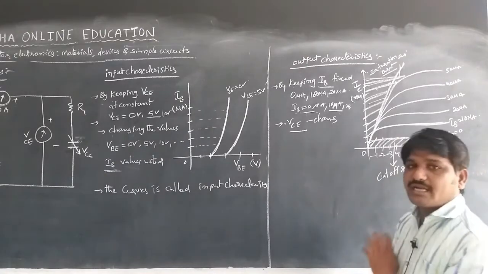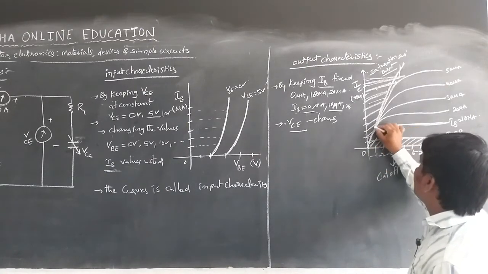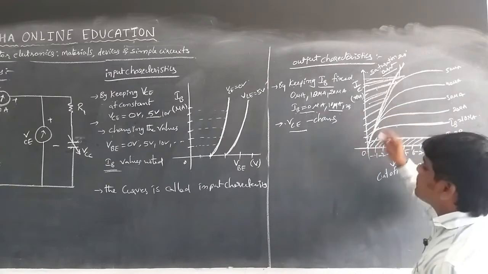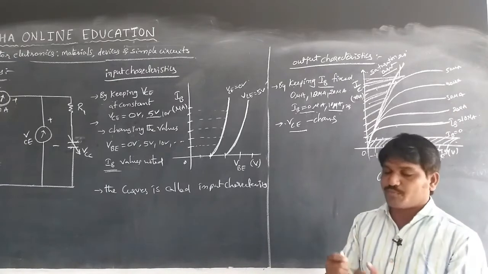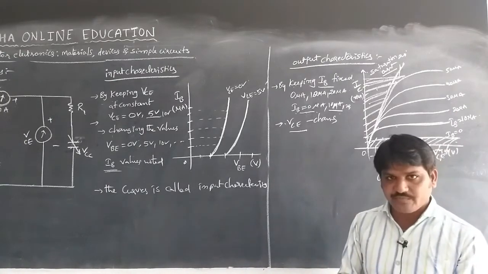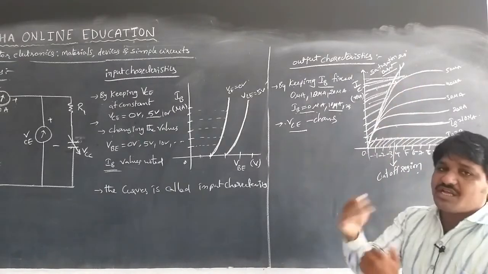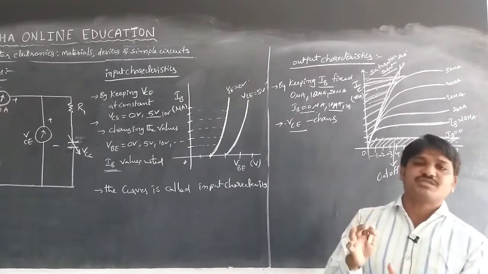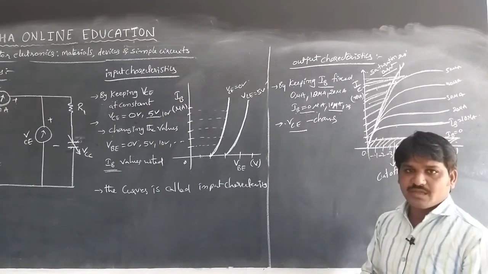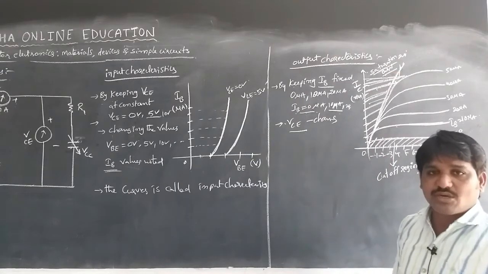We are getting the collector current for a certain range, and after that we go on increasing the base current for the fixed value, and we are changing the output potential, that is VCE. And here, for a certain region, the collector current becomes almost independent of the base current. That region is called the saturated region, or that current is called the saturated current.